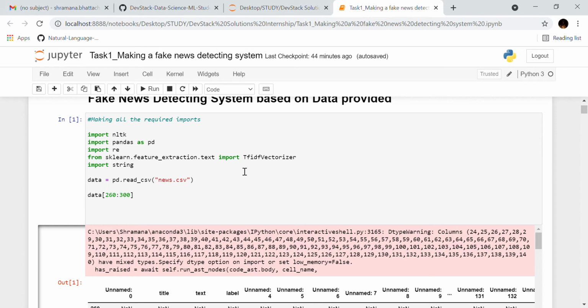Now TF-IDF stands for term frequency inverse document frequency, which is one of the most important techniques used for information retrieval to represent how important a specific word or phrase is to a given document. That is important because ultimately we'll use this TfidfVectorizer to convert our text to numerical form so that the computer can read it and fit a model to that data.